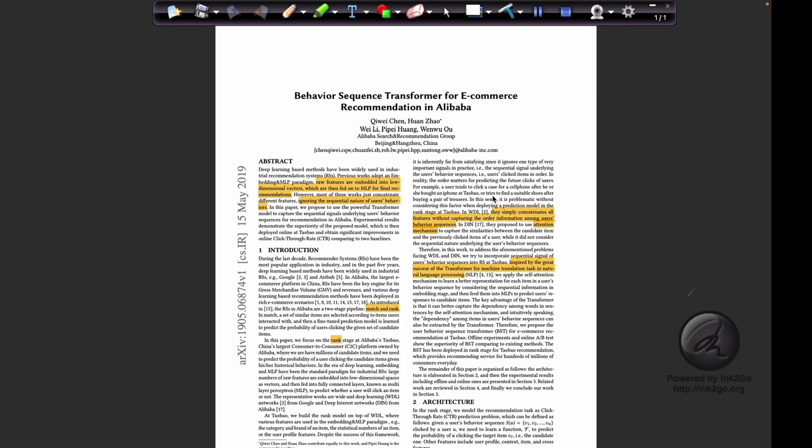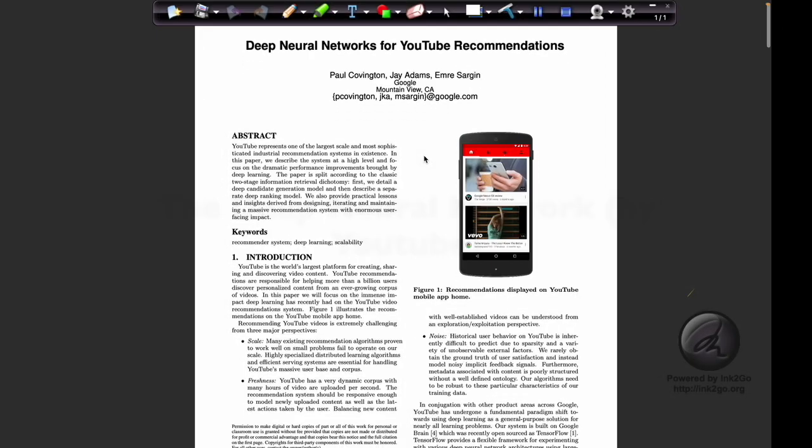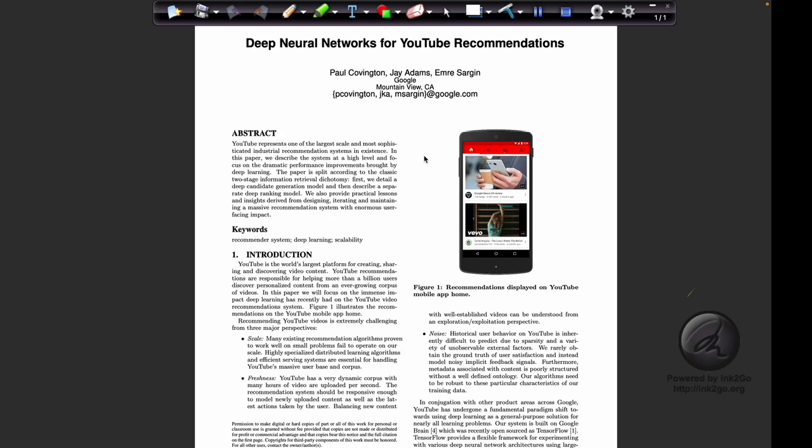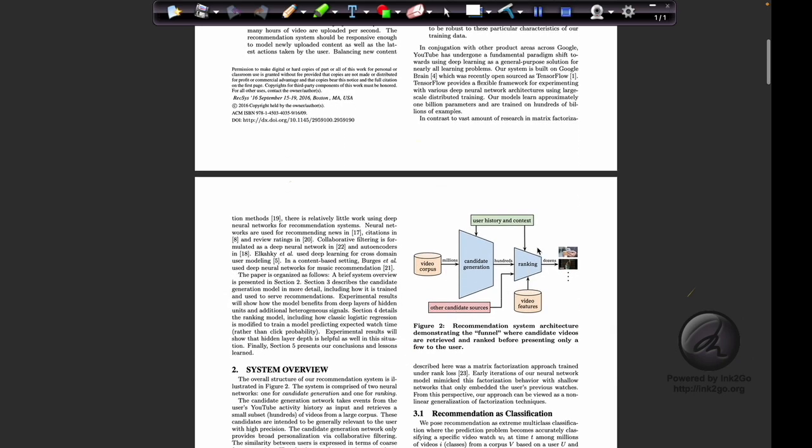To understand this paper better, we will have to go through other papers, like one from YouTube and the second from the Google Play Store, which explains the recommendation system of YouTube. Nowadays, deep neural networks are being used for both candidate generation and ranking.